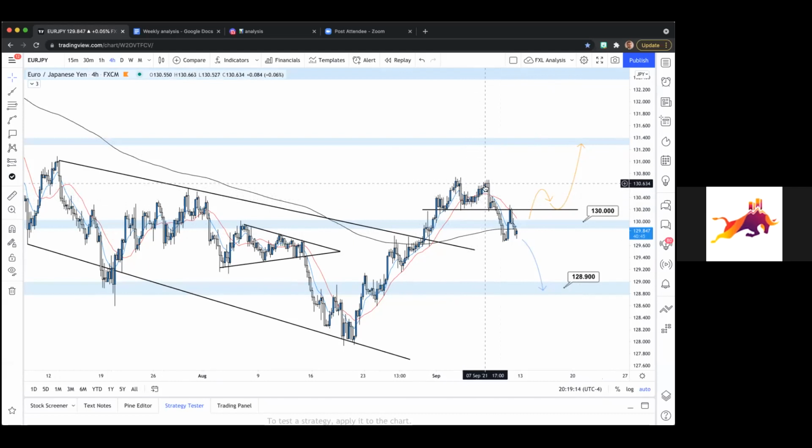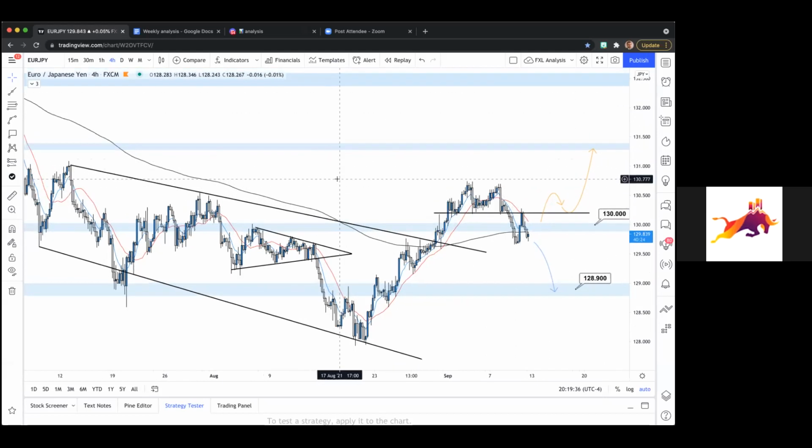I mean, this definitely would have been close to an entry, but obviously just got stopped. So just one of those trades where everything kind of lined up and then it reversed on you anyway. So we just want to see something with a little more conviction, a little more confirmation in general, back above 130 to consider this bullish. All right, so that's EJ looking pretty good. We'll see how this one plays out.